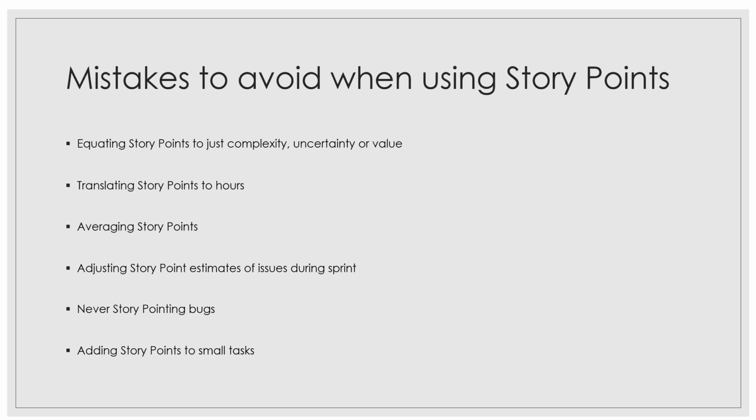That is why we say that it takes a couple of sprints to reflect the correct sprint velocity for the team. Okay. Then next is never story point bugs. So whatever functionality you have developed previously, a bug could be a possible glitch in that functionality, right? So a bug related to an issue in the sprint should not be story pointed, because it was part of